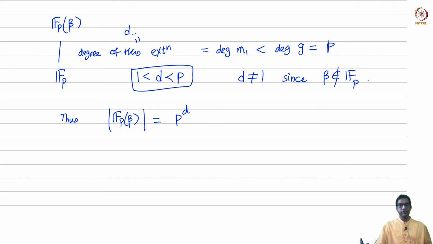So the cardinality of the field on top is just p to the power d, right? And you know that finite fields of a given cardinality are unique. So this is just the finite field of cardinality p to the power d. Okay, thus what does that mean? Fp(beta) is just the finite field of cardinality